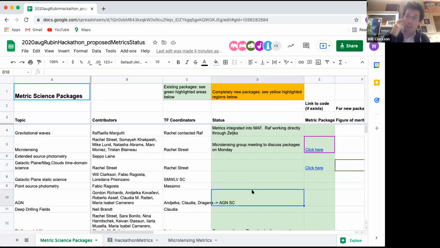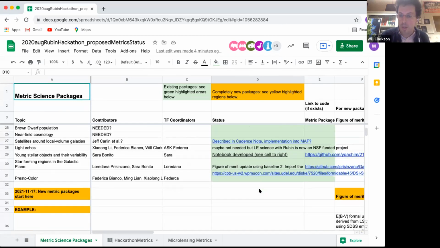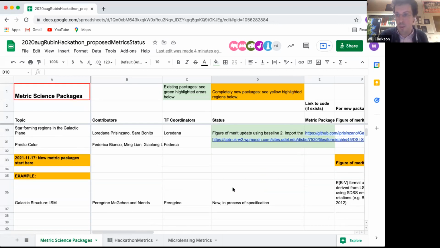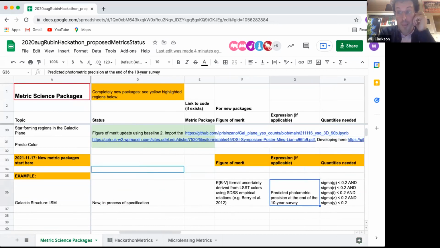For people in the other category, if you have a science idea that you've not seen discussed in a metric, that's what the yellow regions are for. So there's space at the bottom of the spreadsheet here for people to enter in new metrics or metric packages that you want to do. And again, I think practically, given that we're all under a deadline of December, the simpler that is, the better. And in terms of whether it can be developed from existing metrics or not, if it's in terms of existing metrics, that's also better.